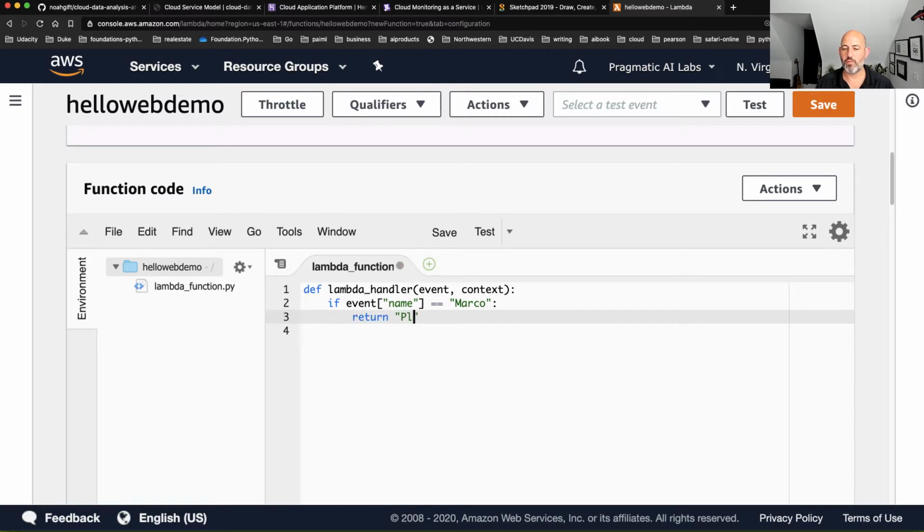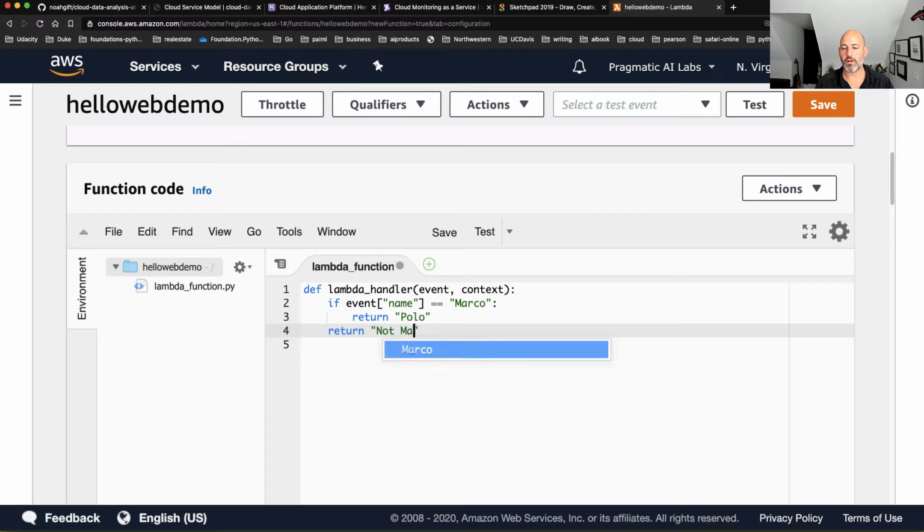So you can see it's a really simple function. But I also could say return back not Marco, and I could even put in the string that was passed in. I could say not Marco and then put in the event name, like if somebody passed in something that wasn't the word Marco.